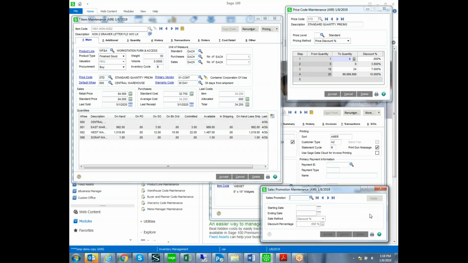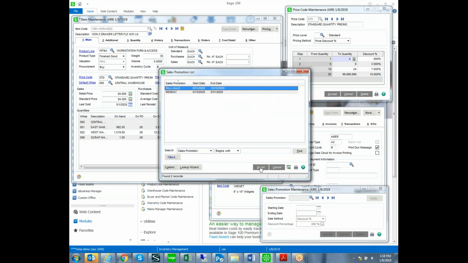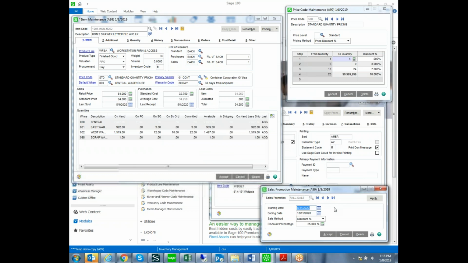However, it only trumps all other pricing if it falls within the date range of the sales promotion and the sales promotion is less than the normal pricing. So let's take a look at one of the sales that we have defined. And you can see that this is set up with a start date and an end date. You can choose a discount percentage or a sale price, and you can put in the percentage. And then this sales promotion